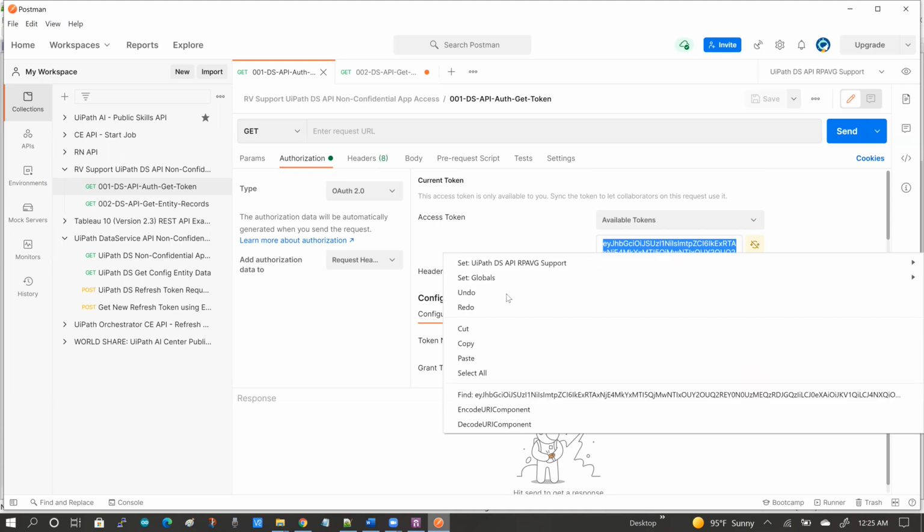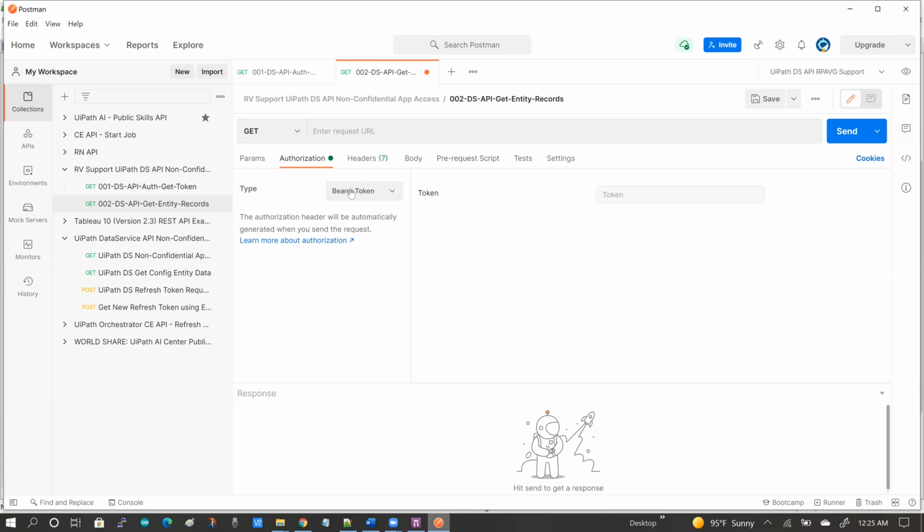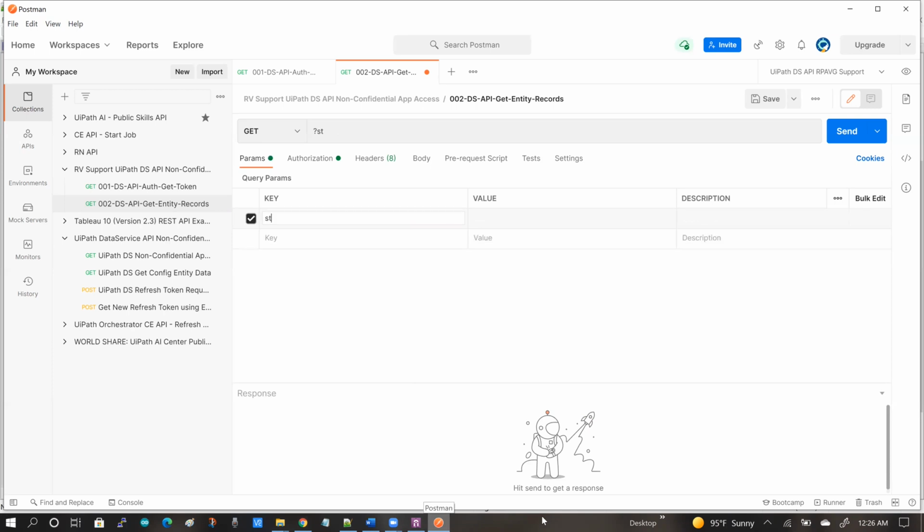But in this case, I'm going to simply copy the entire token, and I will be using it in this request. So here I have selected bearer token, and I am going to paste the very long token here. So now I have the token. The next item on the list will be the parameters. So I'm going to add start. These are optional, but I'm doing this for the purposes of this video so that we are aware that these options exist. So limit,